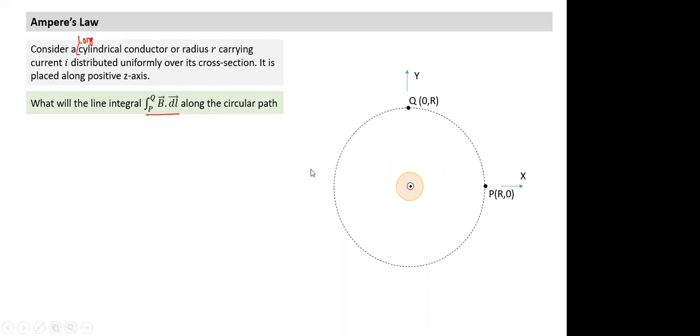First, sir, we can find the field at that point, and it will be tangential at P and Q, right, sir? Okay. Are we concerned about the field only at P and Q, or all along the path? All along the path. So we have to think of all along the path.